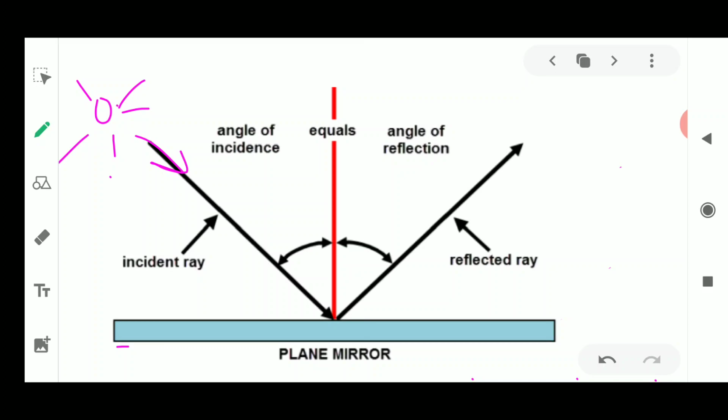It is going to pass from one place to another place. Source is known but the end point is not known. This is known as a ray. So a ray of light is going to come from any light source and fall on this mirror. Okay, it is a reflecting surface. So this one is the reflecting surface.